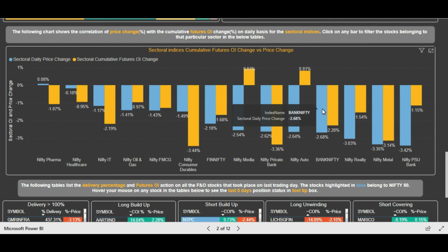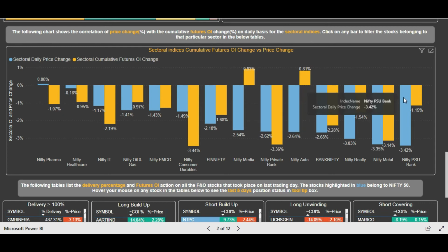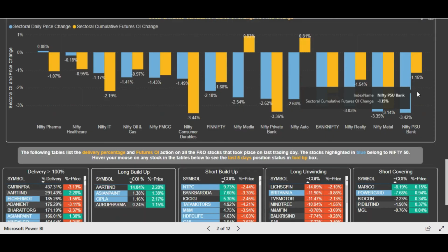So similarly, if you see in the PSU Bank, you can see that again the long unwinding. So mainly the price fell and the futures positions were also down. It means overall in the sector, the long unwinding was done, means long positions were wound up. But if we drill down into the sector, if we just scroll down a little again,